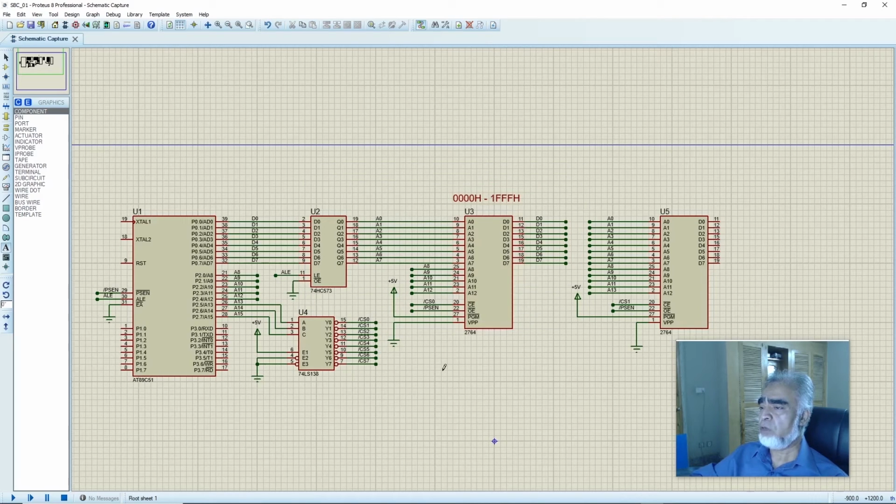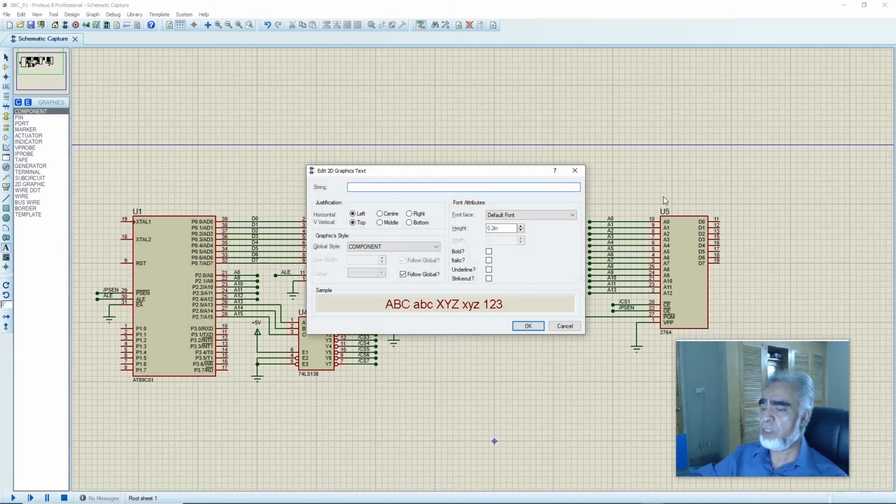So the address range for the first source code is 0000H to 1FFFH, and the address range for the second source code is from 200H to 3FFH, and here we will write 2000H to 3FFFH.